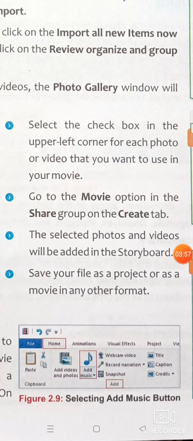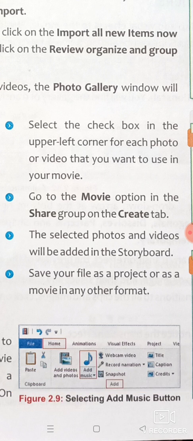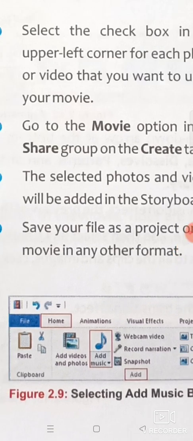Add videos and photos, add music. Click on the add music option, and if you want to record narration, click on the record narration option. For adding music only, click on this add music option.